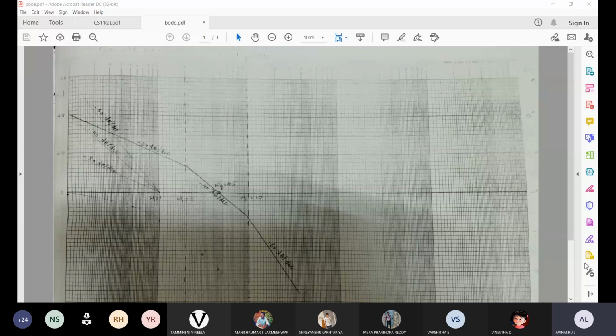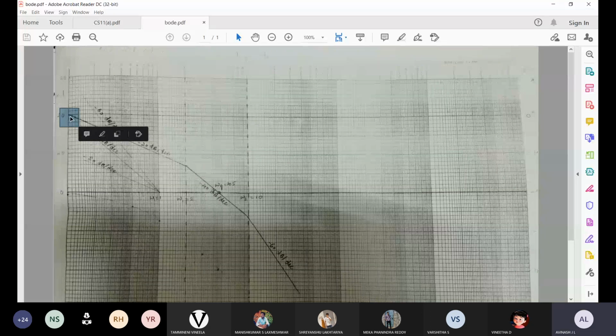So once we do this, what will happen is we have to see the magnitude curve. In the magnitude curve, whatever slope we consider, that slope has a magnitude of 40 dB initially. So initially the 40 dB line will start. That is the maximum gain. Initial gain is 40 dB. That is what we have taken here.